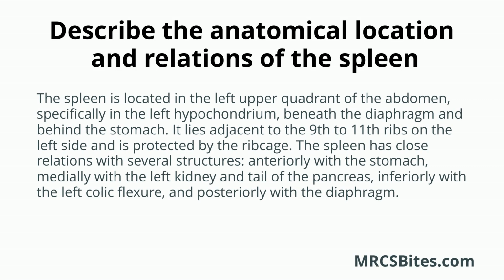Describe the anatomical location and relations of the spleen. The spleen is located in the left upper quadrant of the abdomen, specifically in the left hypochondrium, beneath the diaphragm and behind the stomach. It lies adjacent to the 9th to 11th ribs on the left side and is protected